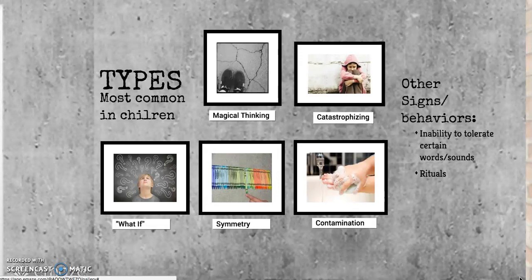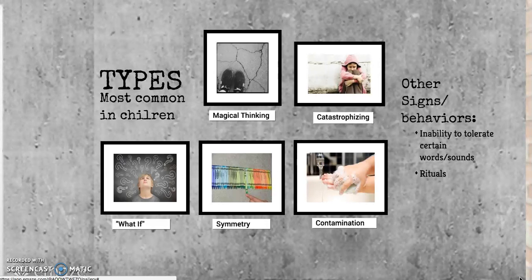Catastrophizing is when a child immediately believes that something bad has happened if things do not go exactly the way they are supposed to. For example, a child might believe that their parents have abandoned them if they show up 5 minutes late to pick them up from school. The what-if type is when the child is plagued by lots of different thoughts like, "I can't hold my baby brother. What if I drop him and he dies?" Symmetry is another type of obsession where the child must have things lined up perfectly or set in the perfect place for fear of bad luck if they don't do it.